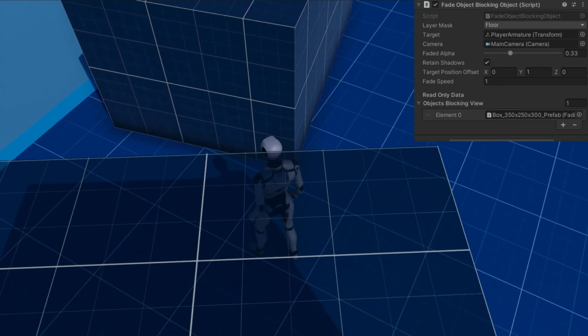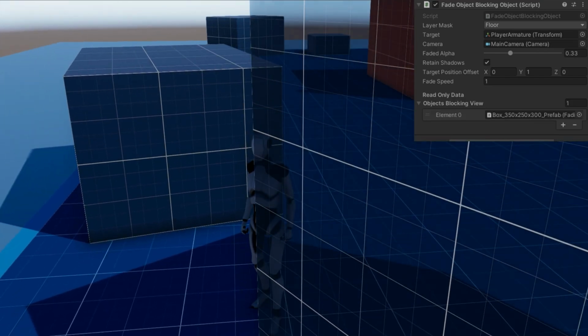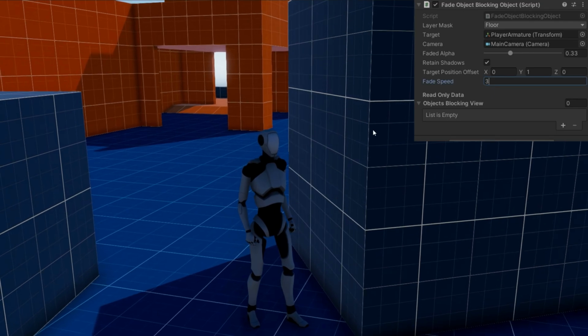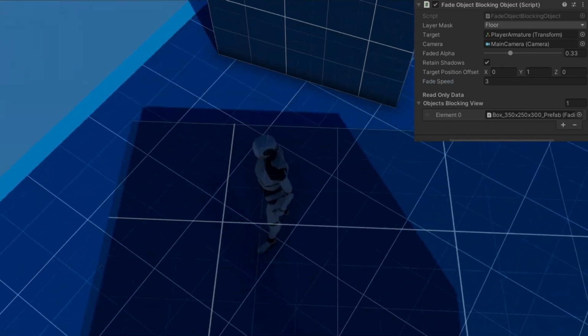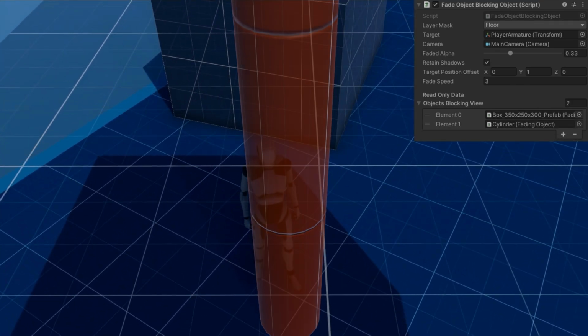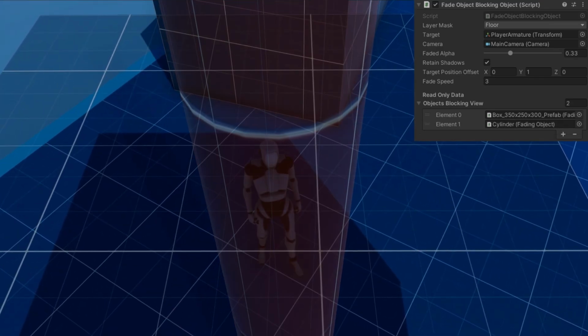Perfect. I will say that the fade speed of 1 is relatively slow. That means that it's going to take 1 full second to fade all the way in or out. So if you run back and forth between something really quickly, it's a little bit jarring because remember that it starts at the fully faded out or the fully faded in alphas. If we adjust it to have a fade speed of 3, we'll see that it's significantly faster,